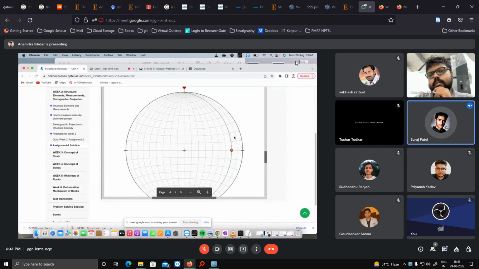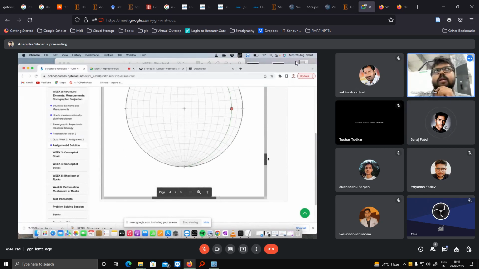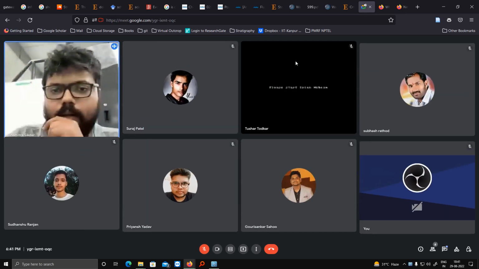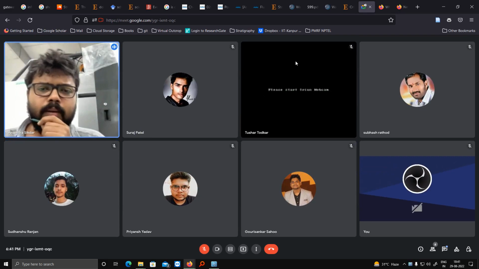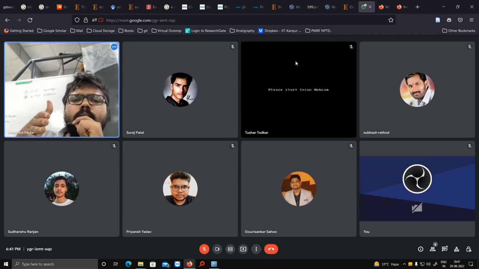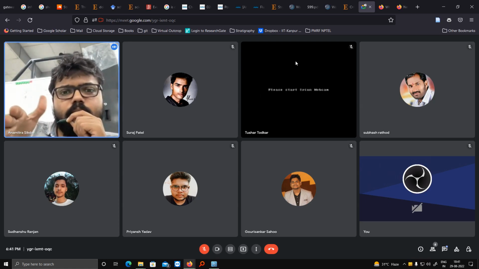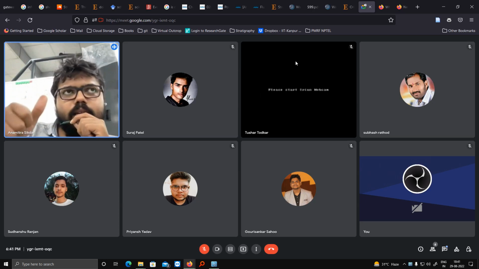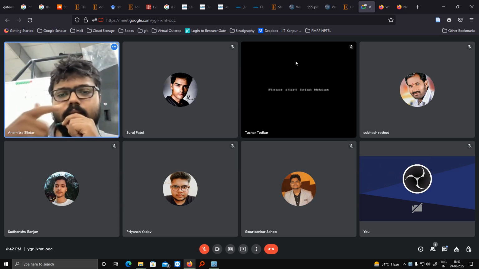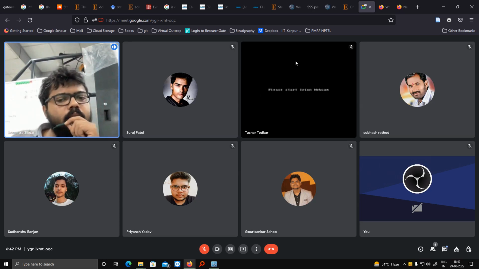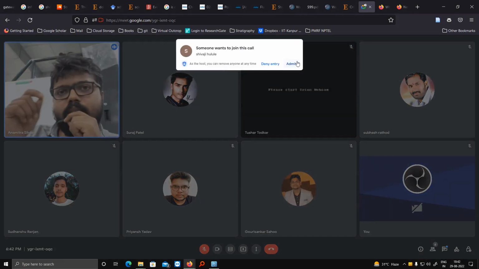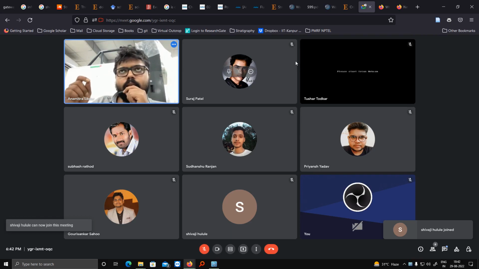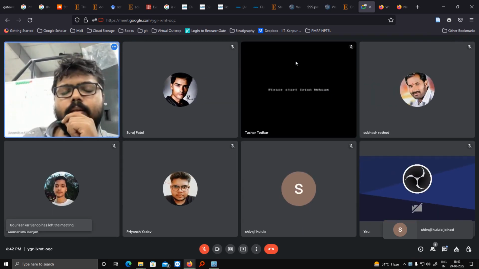Sir, the pink mark which we are considering, is it the one at the north? See, we always take the pitch, if you are taking your data using the right hand thumb rule, you will always have the data from the thumb end, whichever strike you are taking. So the strike end will be coinciding with your thumb, and from that strike you have to calculate the pitch. But if you are not measuring data using that rule, then from whatever strike end you are measuring the data, you have to write that from this strike end. From here you will